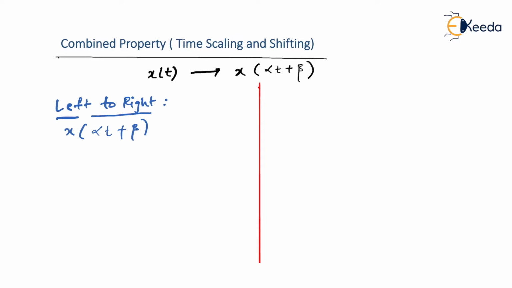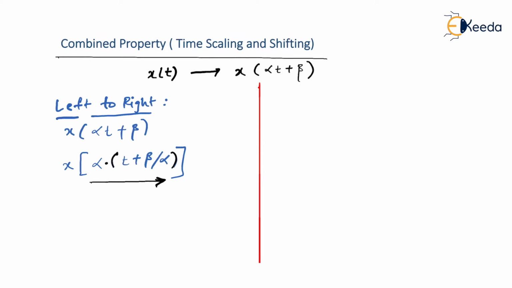And if you want to do so, you need to take alpha common. So next step, what I can do is x of, if I take alpha common, what remains inside? T plus beta by alpha. Is that right? And now the approach says you have to go from left to right. So I'll be going from left to right like this. When I'm approaching from left to right, I find first of all alpha, which is multiplied with the parenthesis. This is what we call a parenthesis. So when some factor is multiplied with the parenthesis, this is what we call scaling.